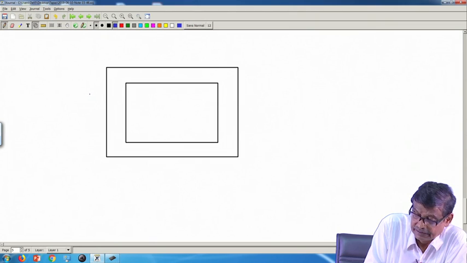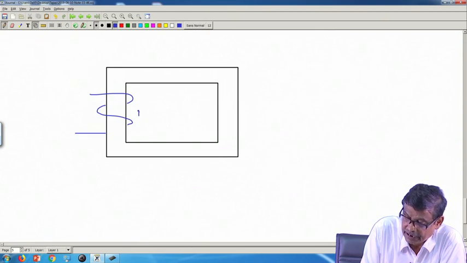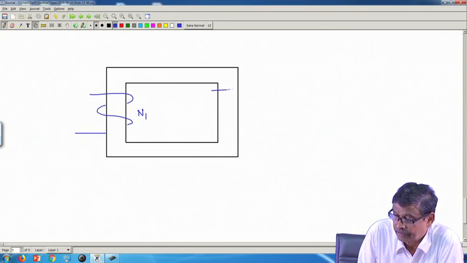Let me repeat this point, emphasize this point. Suppose this is one coil having N1 turns, this is another coil